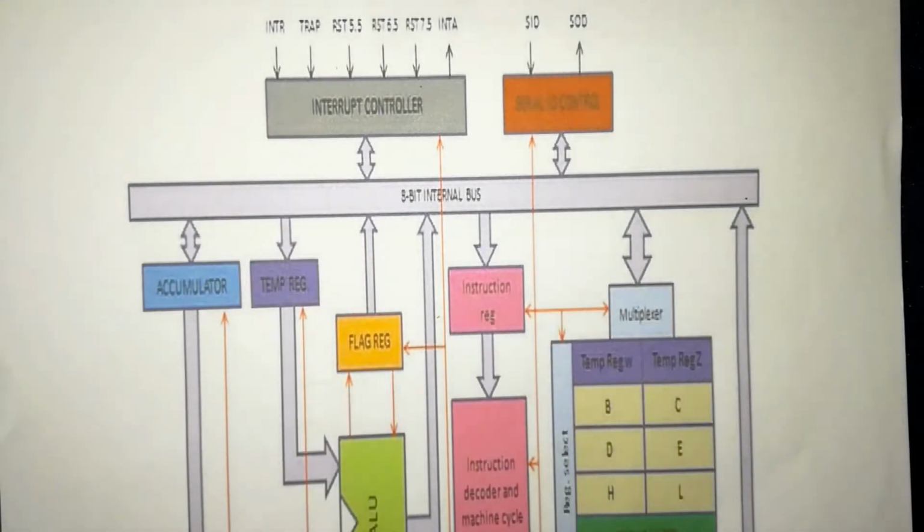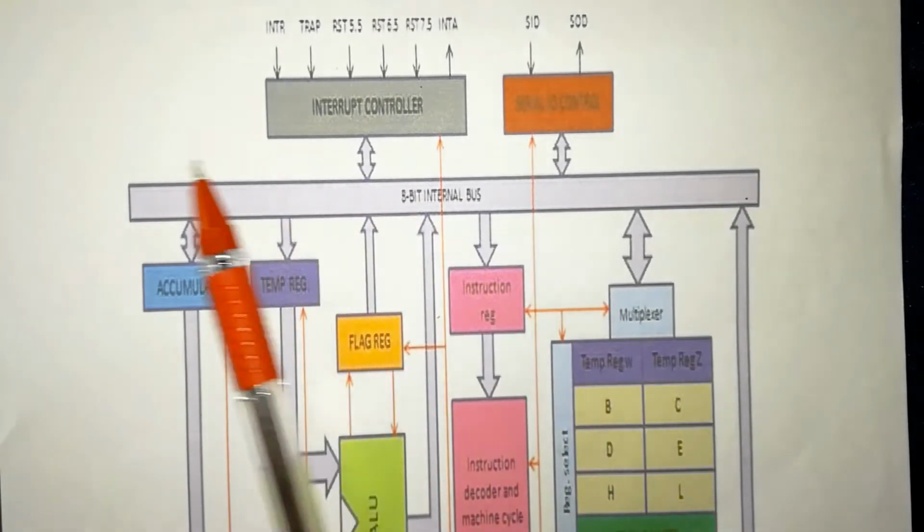Here in this figure you can see the various blocks such as three types of buses, registers, arithmetic logic unit, flags, PC that is program counter, SP that is stack pointer, etc. Also incrementer and decrementer and timing and control unit. Now we will see one by one of these.